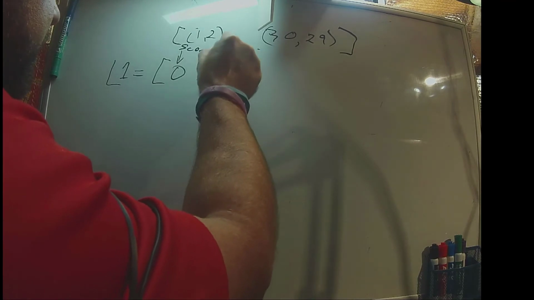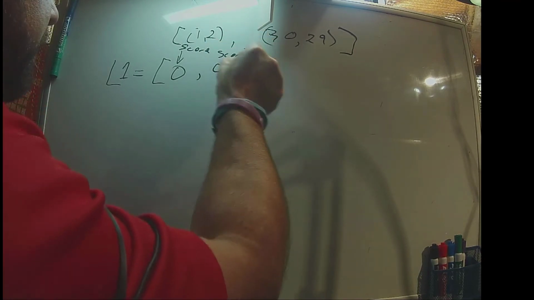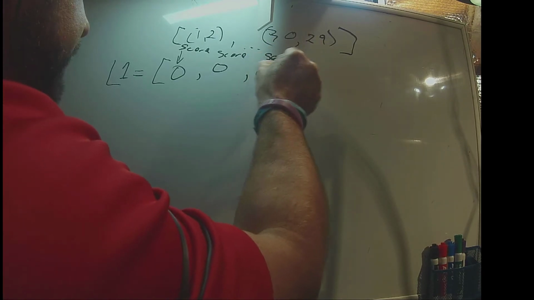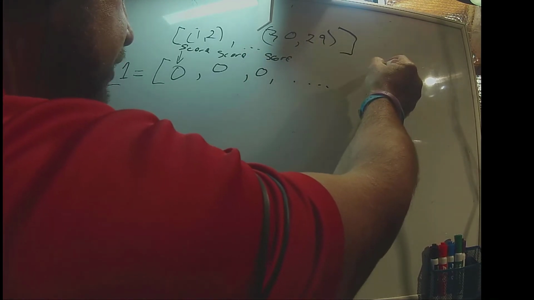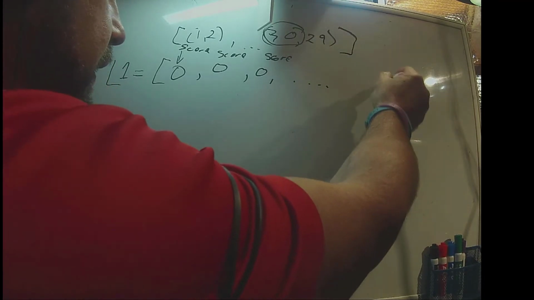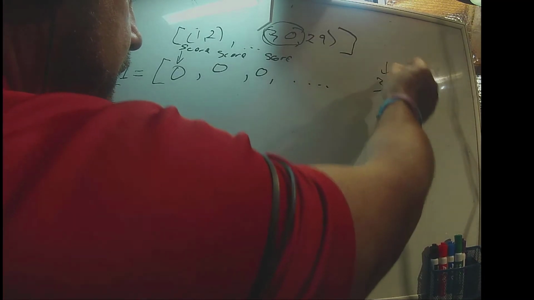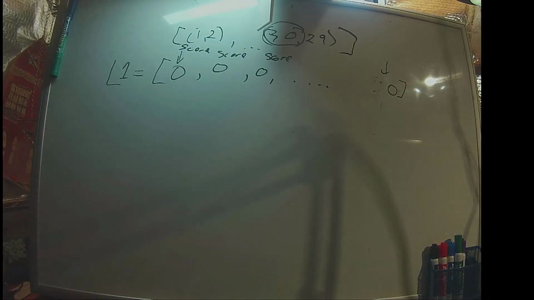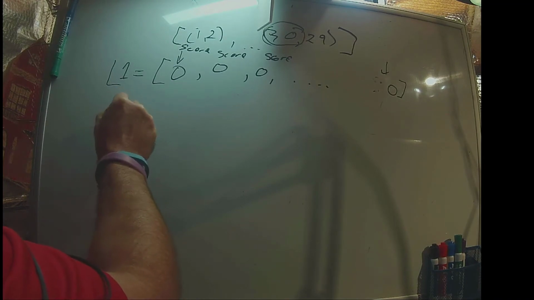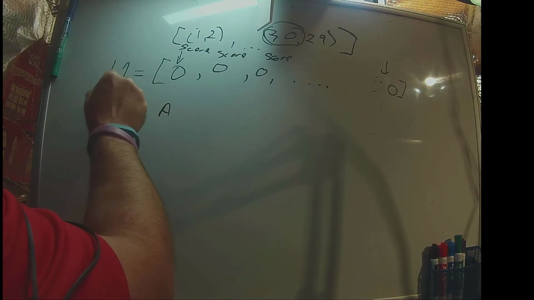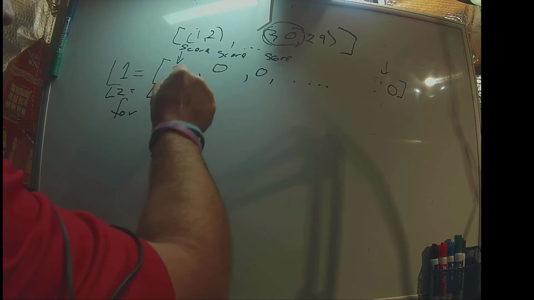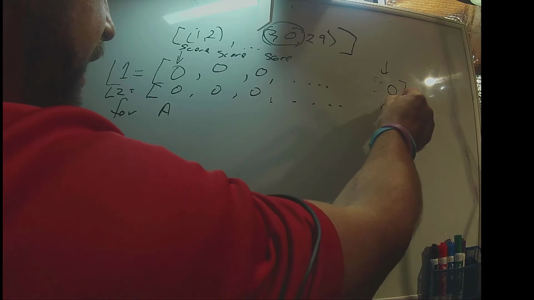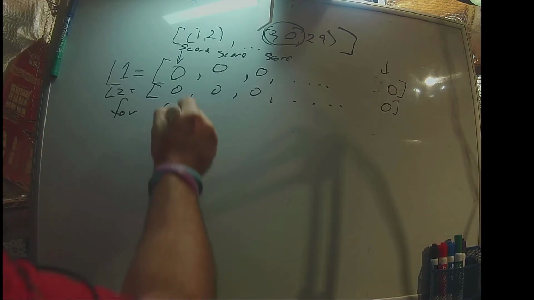This could be how many times a 1 was scored. This could be how many times a 2 was scored. And we could go on until at some point, right, we have how many times 30 was scored. And then we just have to go through, and we could also have the same thing for L2 if we wanted. So seed it all with zeros, right, up until we have the maximum score. And then we could do for all scores,